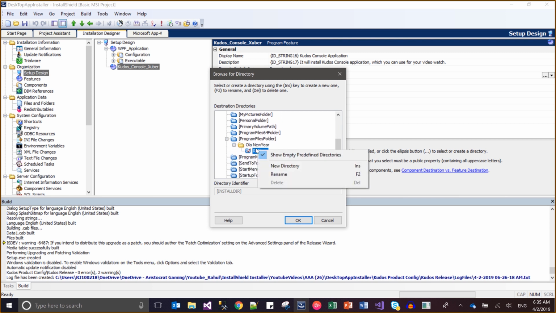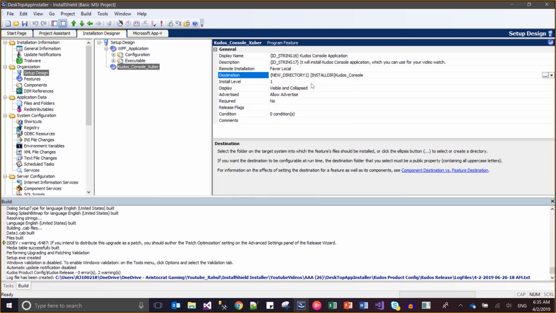I can create one more folder inside this, maybe a new directory like kudos console, right? So this seems a good name for me. So this would be my destination. Install level is 1, display this, advertise, allow, required no, release flag no, nothing like that, comments, and so